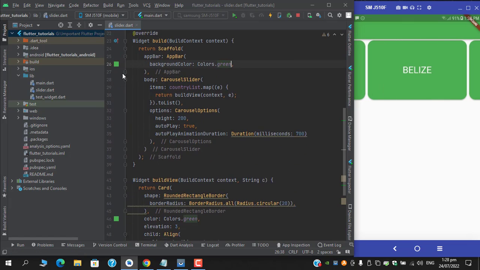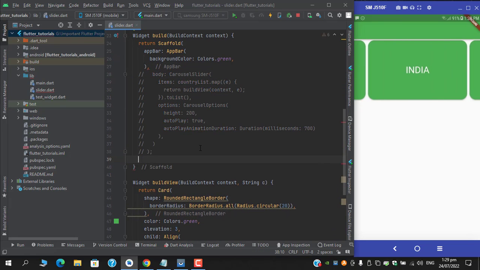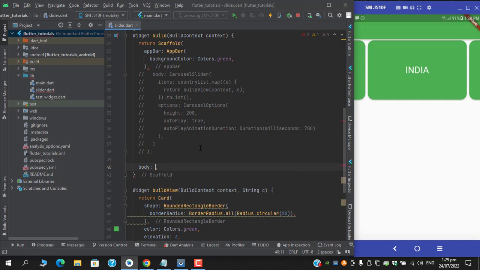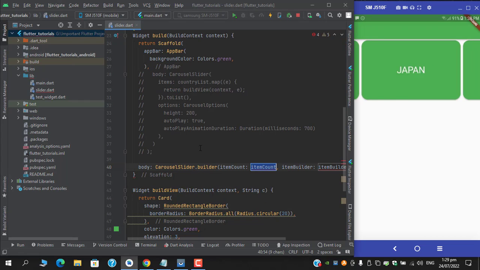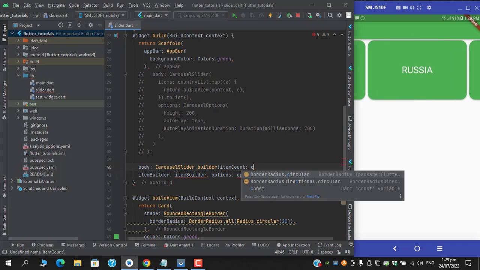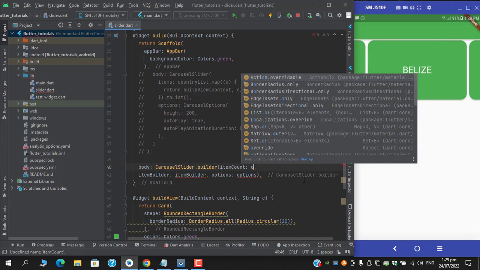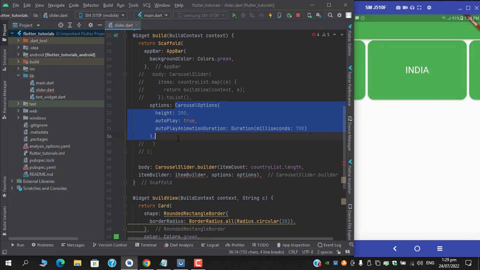There is another way. I'm just commenting out this code, and under the body I will now write CarouselSlider dot builder, which has an item count. In the item count I will apply country list dot length, then item builder, and for the carousel options I'm just copying this one,